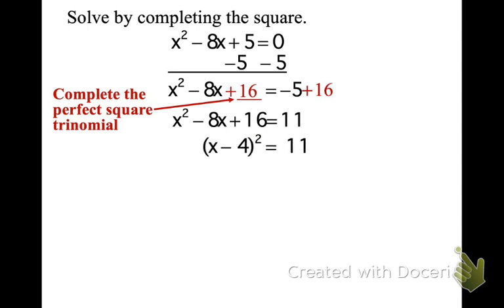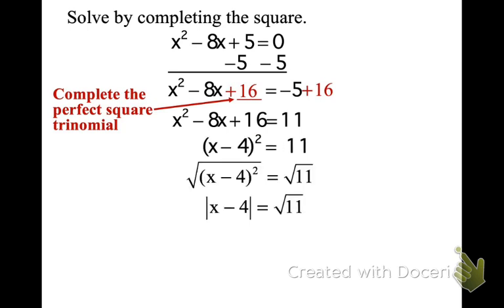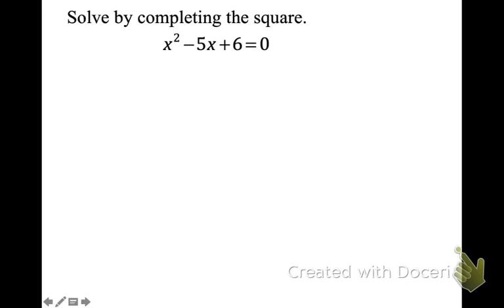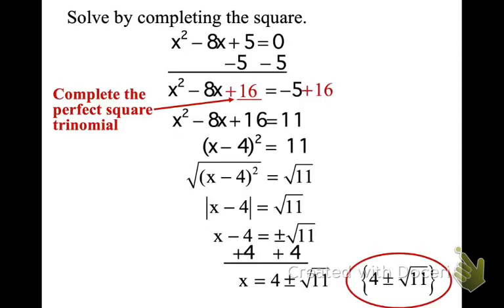Okay, now I'm going to root both sides. I'm going to take the absolute value. Then we set the root of 11 to positive or negative. I lose my absolute value, so I get x minus 4 equals plus or minus root 11. I'm adding 4 to both sides, and then I get 4 plus or minus root 11. And that is your answer. We don't need to change that. I want you to keep it in radical form. It's far more accurate than